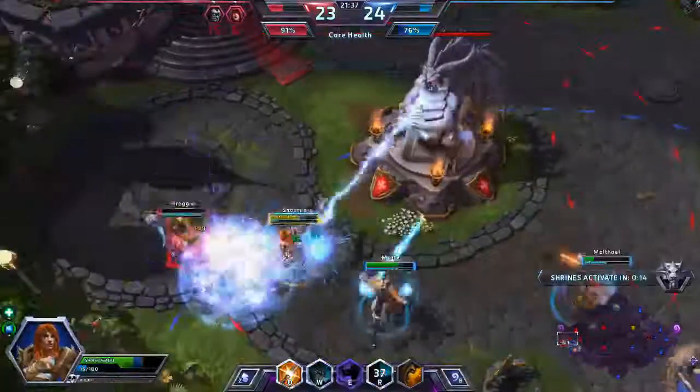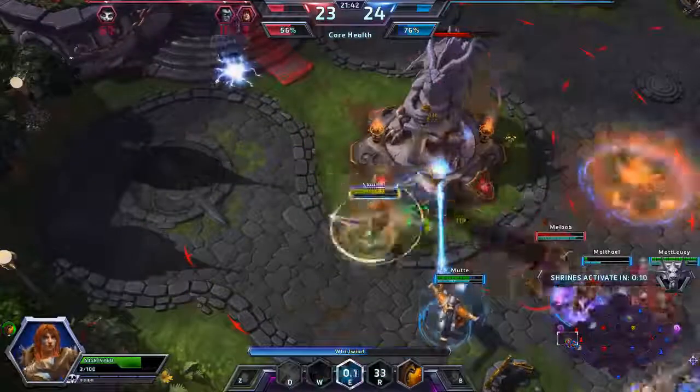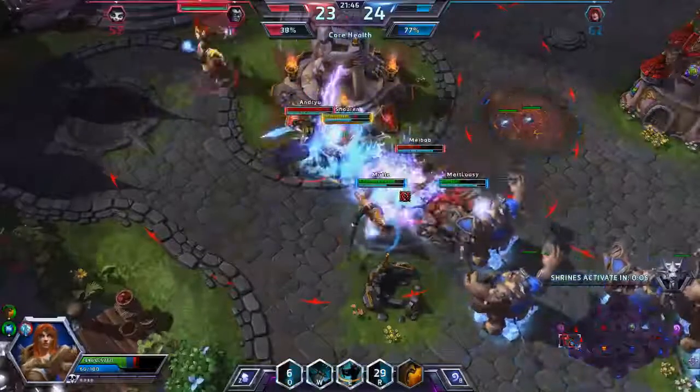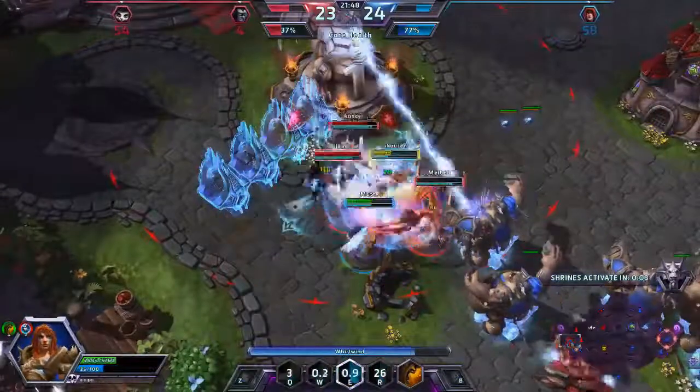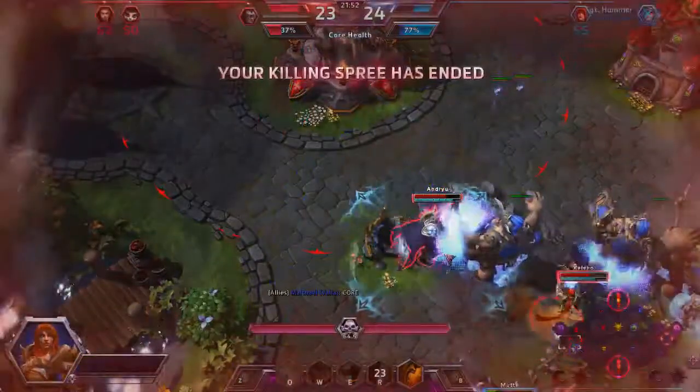Our Tassadar here is very, very good at using shields, it has to be said. I'm tanking now, this is a little bit dangerous. I'm going to see if I can help just in my dying breaths take out a few more enemy heroes. I managed to get Kerrigan down, but